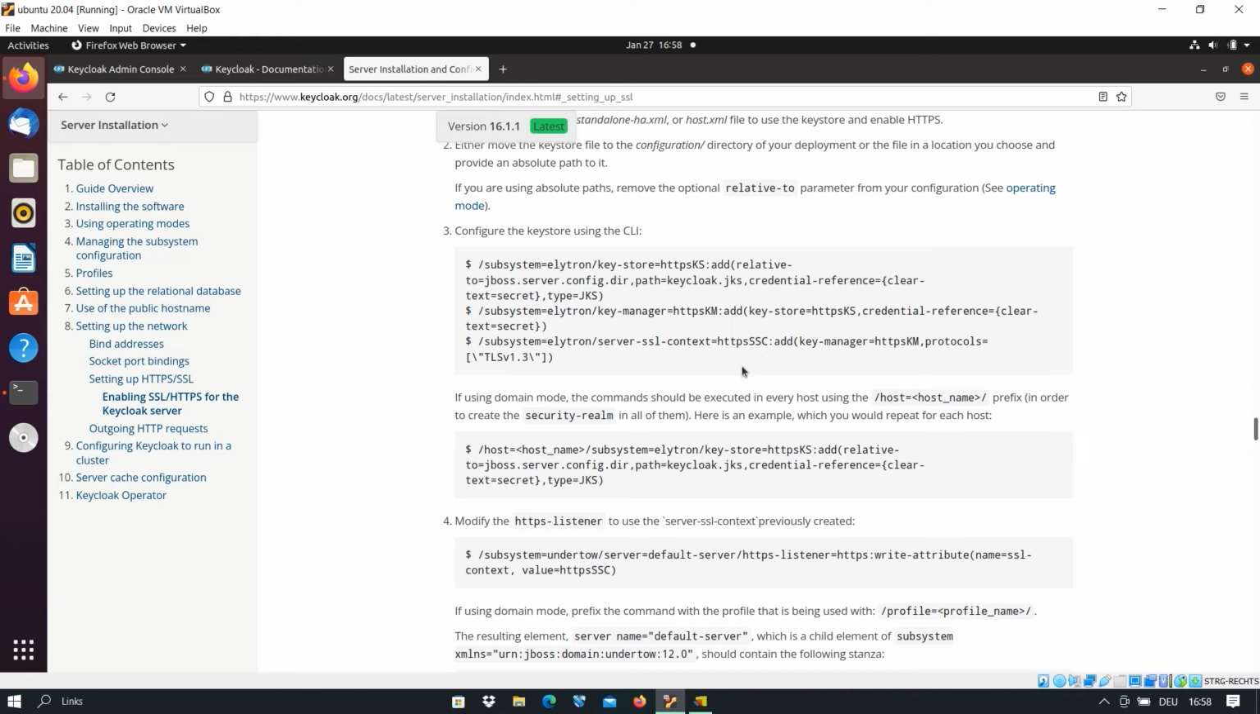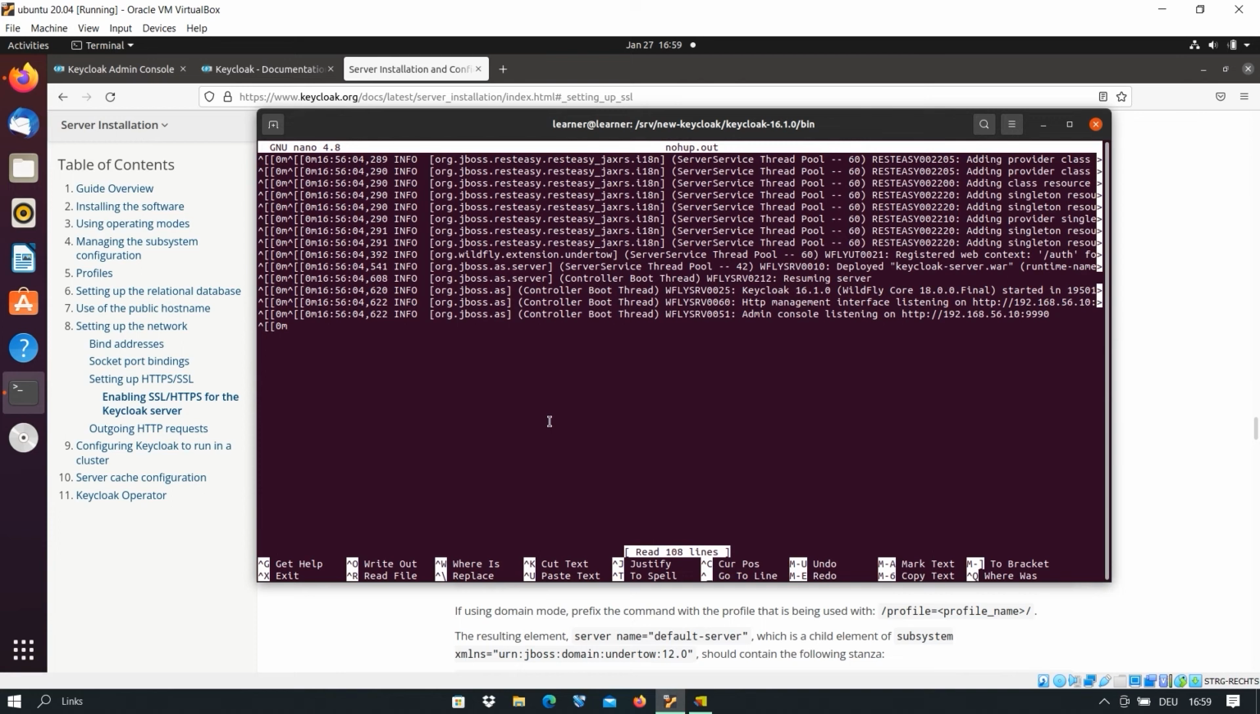First, we do that with the use of the JBoss CLI, and at the end of the video, we go to the standalone XML file, and I show you how you can do it also manually. But first, we do it with the use of this command here. These are the commands that we have to run. We need these three and this one also. Okay, I go back to the terminal, I close this file,